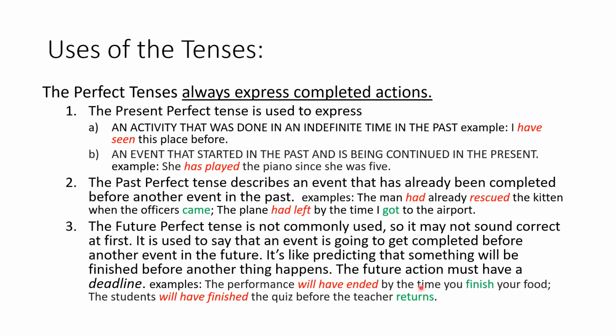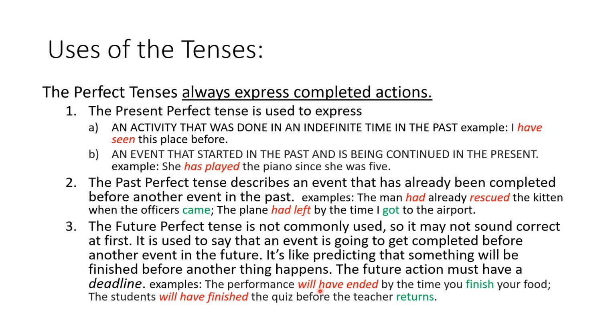So, if we are talking about two past actions, when we use the past perfect tense, we are describing one past action and then another past action. In the future perfect tense, we are talking about two future actions. But the use of the future perfect tense will signal which of the two future actions would be completed first. You are assuming which action will be completed first.